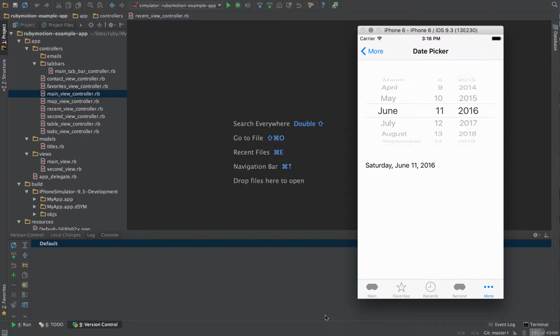In the simulator right now, I have an example of what we're going to be doing in this video. We're going to put a date picker that, if you change the date within this picker, updates the label right below the picker. And this view is currently using some auto constraints so that the picker shows nicely and the label below it